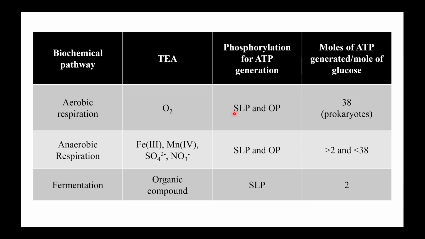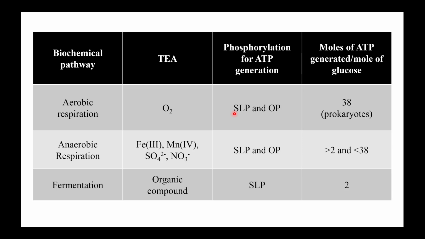So in aerobic respiration, oxygen is the terminal electron acceptor. In anaerobic respiration, iron, manganese, sulfate, nitrate, all these can be the terminal electron acceptor depending on the organism and type of respiration. And again, ATP generation can be both substrate level and oxidative phosphorylation. Just in case of oxidative phosphorylation, it would be sulfate or nitrate that will accept the terminal electron instead of oxygen. Okay. And the number of ATP can be anywhere between 2 to 38